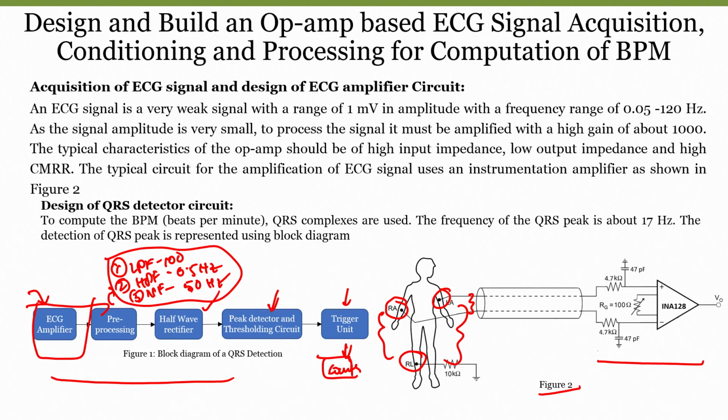If I can do all these conditioning circuits and processing circuits using operational amplifiers, it will be very great. Now we will see how we can implement and design all such things, how to extract the ECG signal from our human body, right, and how we visualize the signal in our CRO. Everything will be shown to you in this case study experiment.